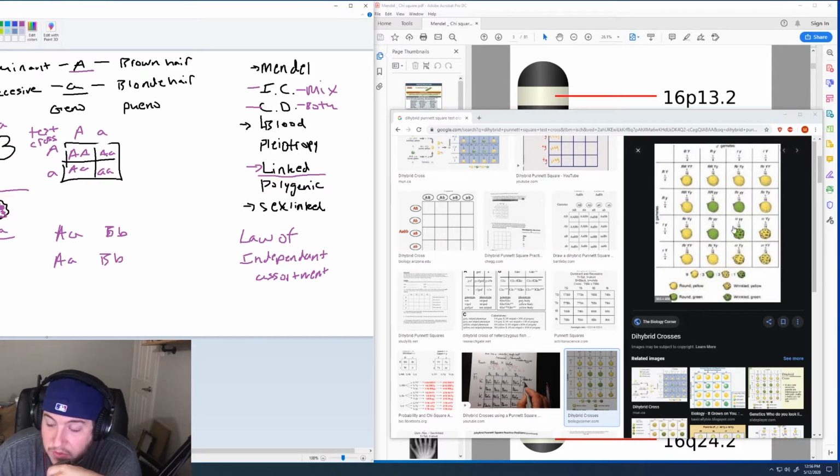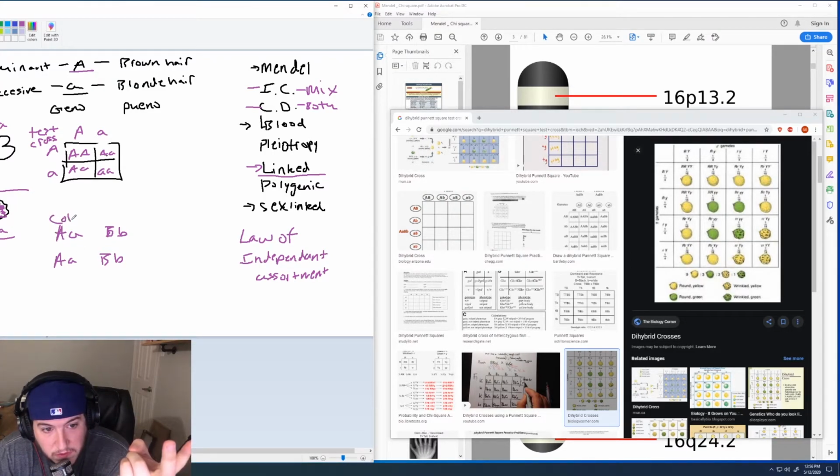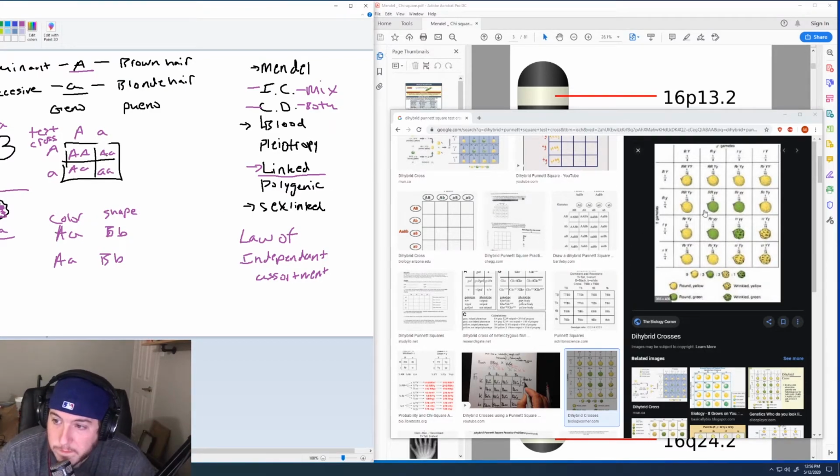Okay. Now in this example the two traits that we're looking at are color and, I guess, shape. For the color we could be yellow or green, and for the shape we could be round or wrinkled. And those traits are denoted with letters. Let's say the A is for color, and let's say the B is for shape. Okay. Cool. So when we do that test cross,